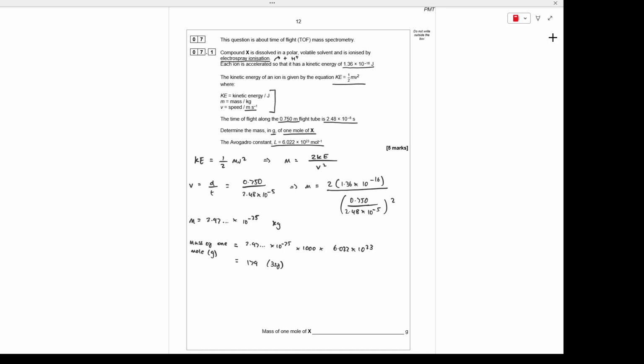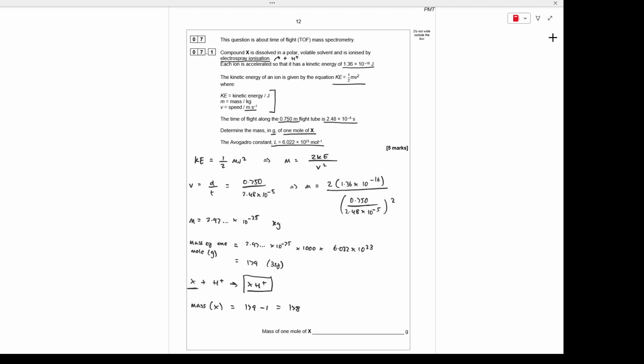But we would usually be done here. But remember, this is the mass of 1 mole of X ions. So remember, when we did electrospray, we did X plus H plus, which got us XH plus. And this right here is what's being put through this mass spectrometer. That's the ion that's being accelerated. But we want the mass of just compound X. So what we have to do is subtract 1 for the mass of the proton. So the mass of X is going to equal 179 subtract 1,